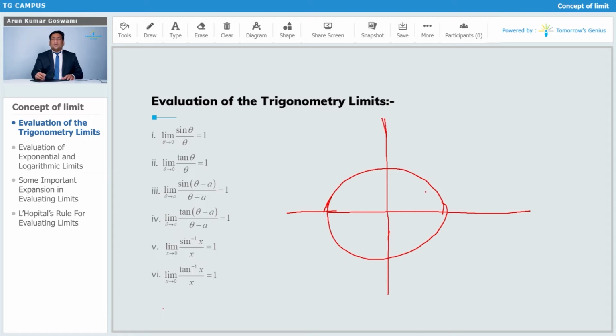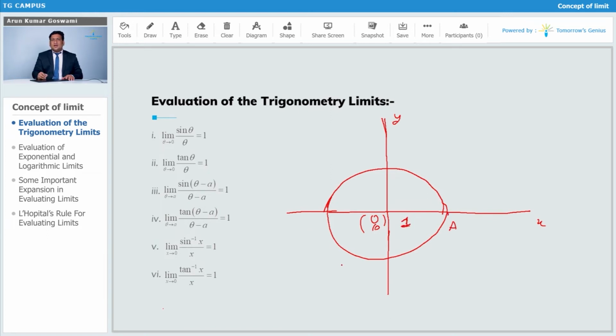Unit circle means the radius of the circle is 1. We know that this is 1. This is 0 comma 0, and this is my x-axis, y-axis. If I take this point as A, then OA is nothing but